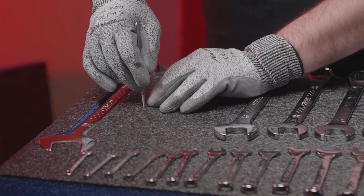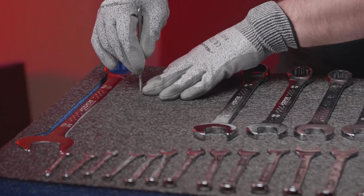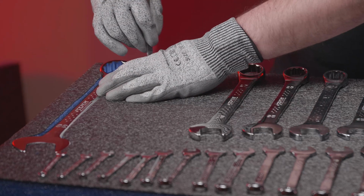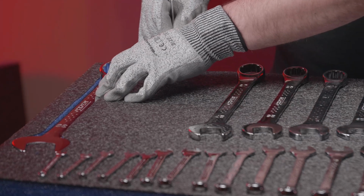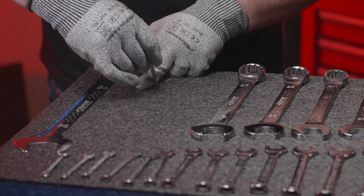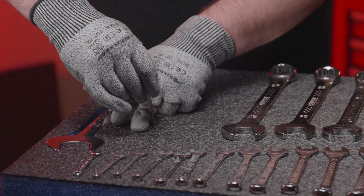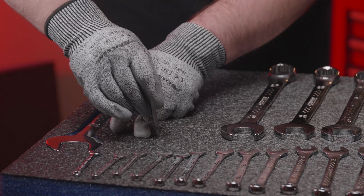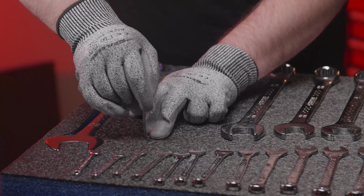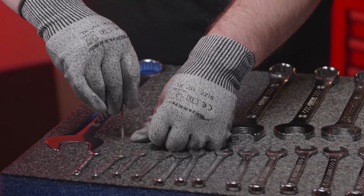10mm is the minimum. So we can push the blade in and make sure we're cutting. We can cut all the way down 20mm if we need to. There's no problem overshooting and cutting down deeper than you need to go. This is a 50mm foam liner, and it doesn't matter if we're cutting down 20mm, 25mm into it. We just want to make sure we're not undercutting, because then we'll tear the foam instead of peeling it. So once we've cut all the way around and we're confident that we've met back up at the beginning,